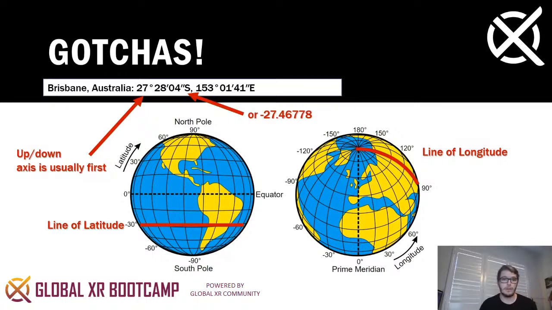The first part is just remembering which way around latitude and longitude are. Latitude is the way up from the equator, as I said before. I remember this one because latitude sounds a little bit like altitude, and altitude is up and down. So latitude is the angle up or the angle down. Other people say longitude's easy to remember because it's the longest line that goes around the world instead of just halfway up. Whatever helps you remember will be useful. But the other gotcha here is that if we look at the coordinates for Brisbane,